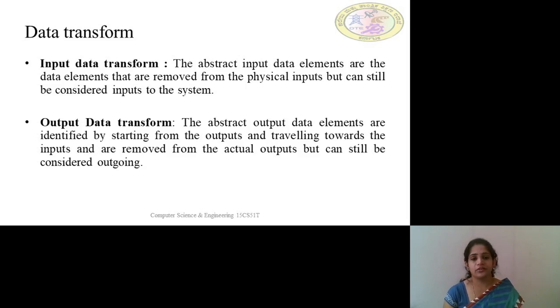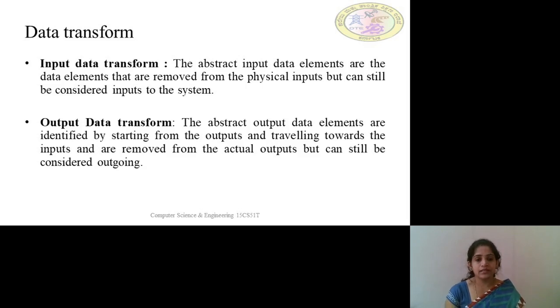Output data transforms. The abstract output data elements are identified by starting from the outputs and traveling towards the input. As we divide into different modules, the abstract output is the almost vanishing data output.